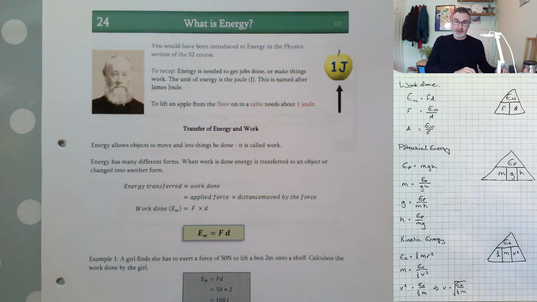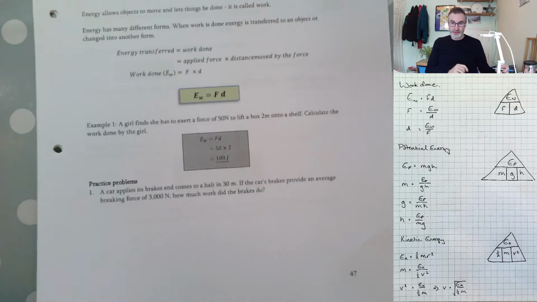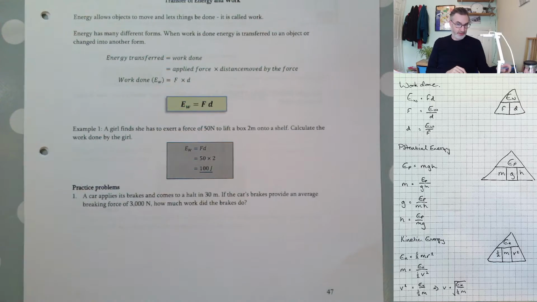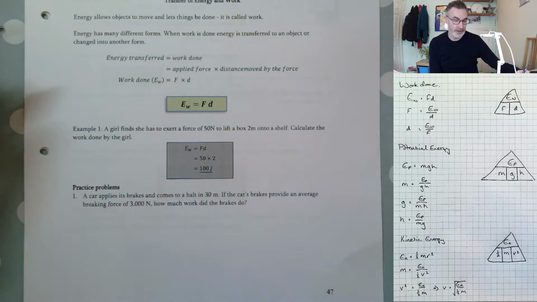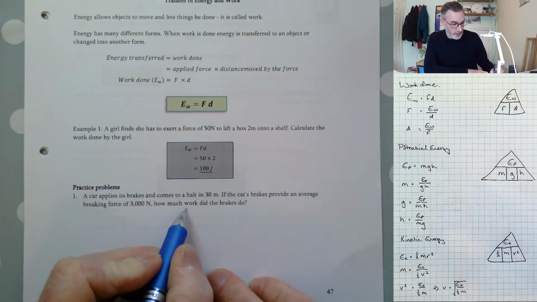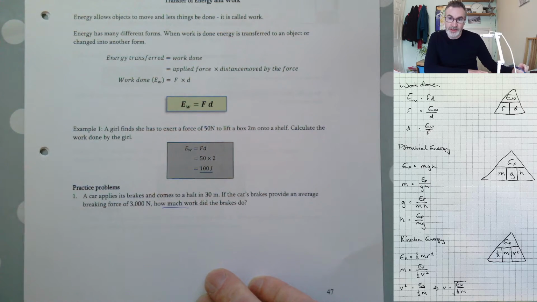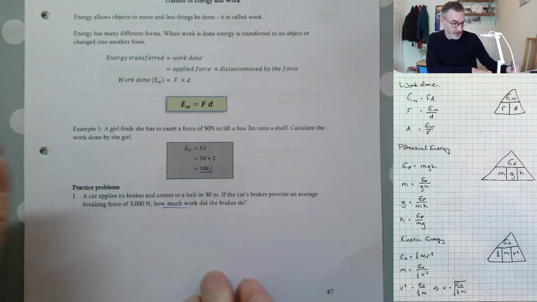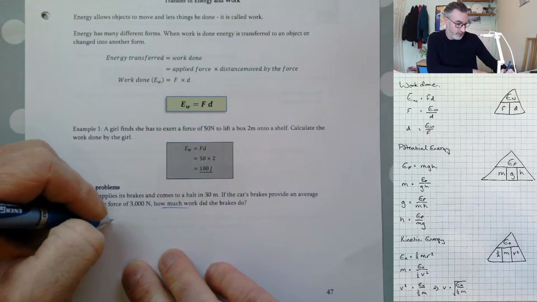Okay, so in your course notes, section 24, this is page 47. We start off, a car applies its brakes and comes to a halt in 30 meters. If the car's brakes provide an average braking force of 3,000 newtons, how much work did the brakes do? So we're wanting to calculate how much work the brakes have done, and so we will have